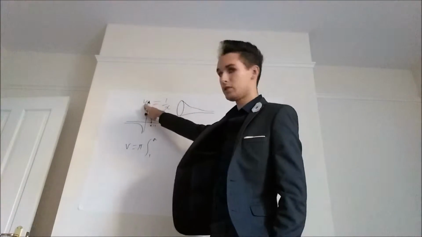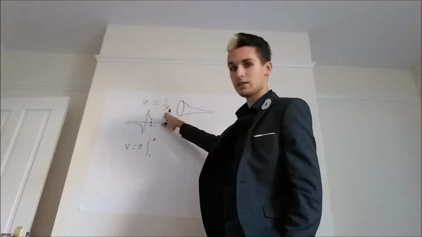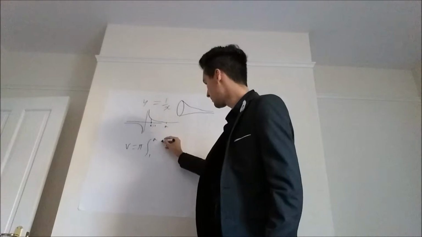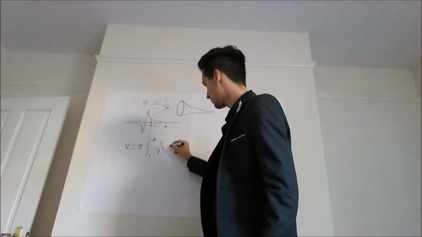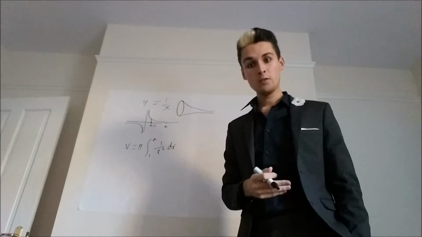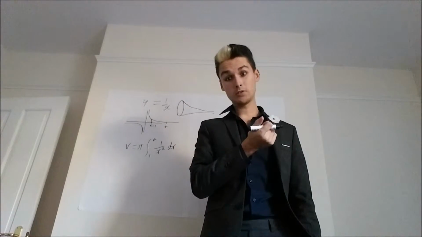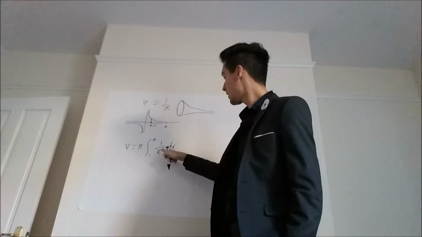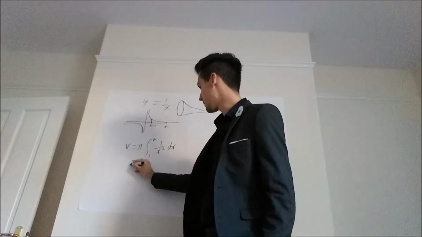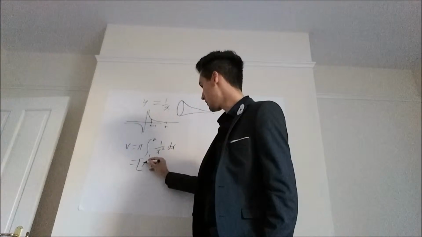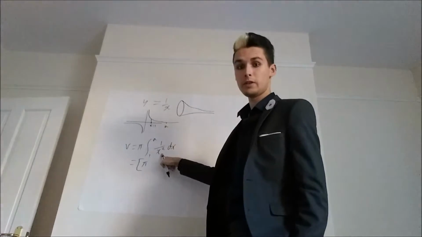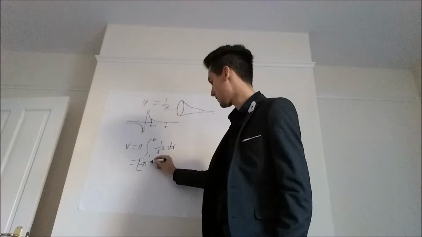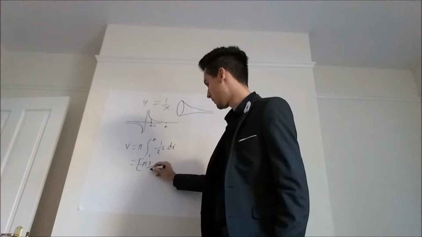of y squared. Now y is 1 over x, so y squared is 1 over x squared, dx. Well, we know how to do that integration, it's C2 integration. So we can think of this as x to the minus 2, which gives us pi, if we add 1 to the power, we've got minus 1, divided by the new power, we've got minus 1 over x,